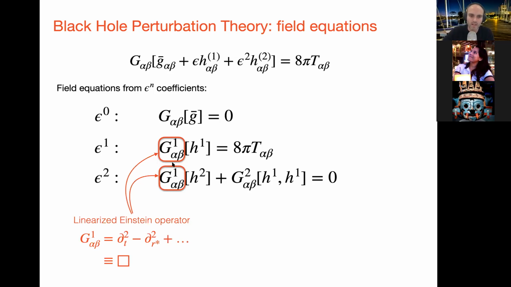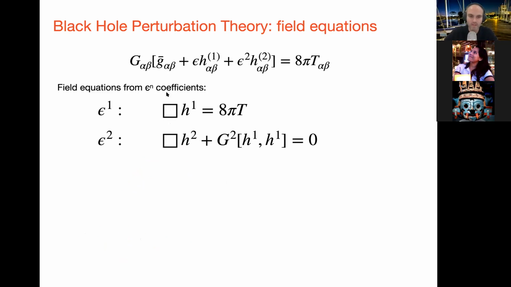So these, as I said, are the linearized Einstein operators. Just in order to simplify the notation here, I'm going to drop the ones and I'm going to drop the alpha betas everywhere to stop carrying that around. And I'll just replace this linearized operator with the box because it's the leading behavior. Certainly once you pick a suitable gauge, it has the usual behavior of the box operator, the wave operator.